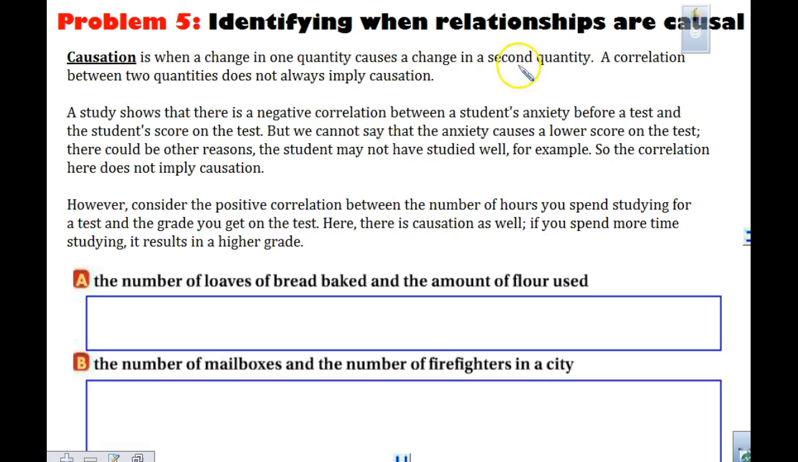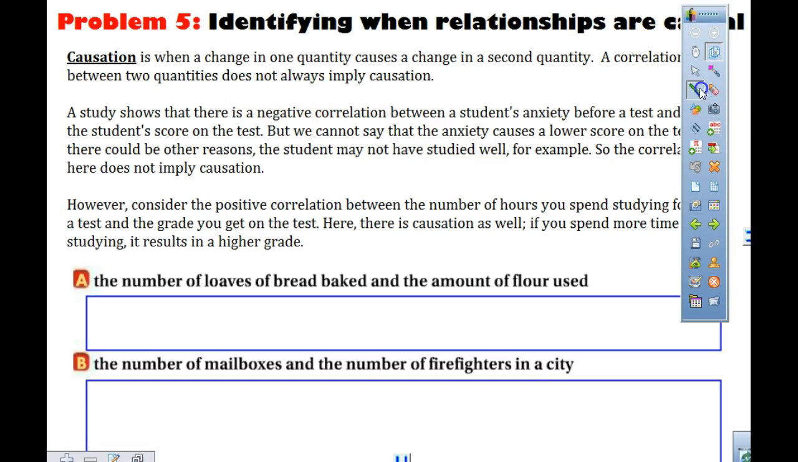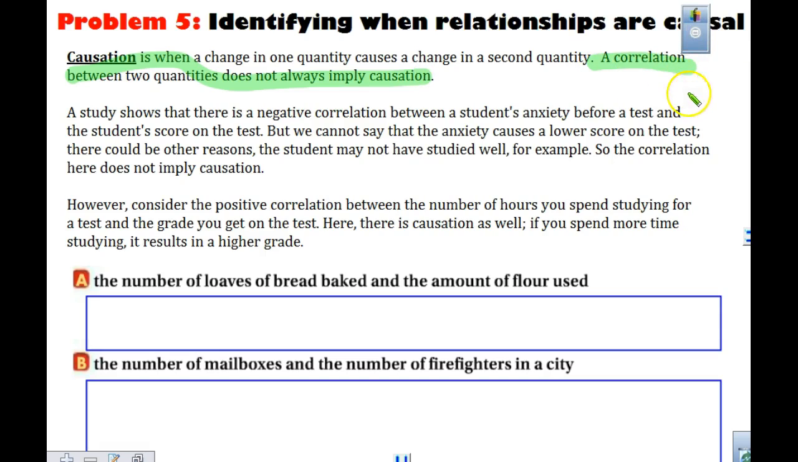Causation is when a change in one quantity causes a change in the second quantity. A correlation between two quantities does not always imply causation. A study shows that there is a negative correlation between a student's anxiety before tests and the student's score on the test. But we cannot say that the anxiety causes a lower score on the test. There could be other reasons. The student may not have studied well, for example. So the correlation here does not